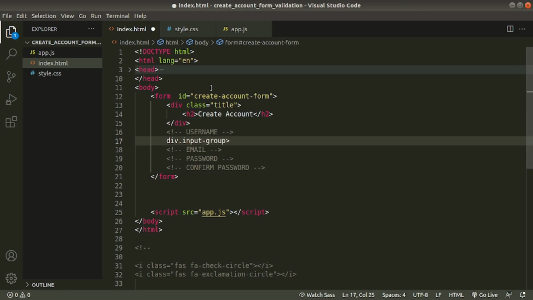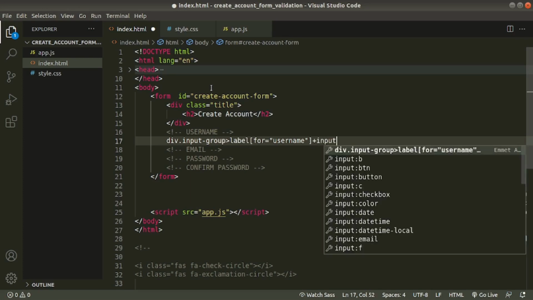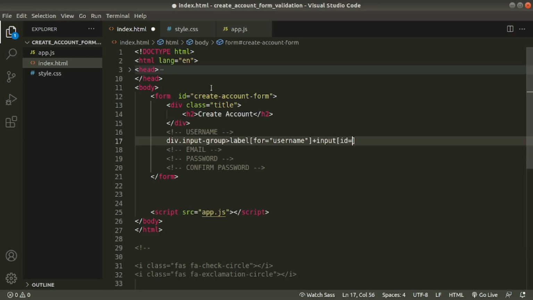Inside this container we'll have a label. It has a for attribute. Later an input field with ID username and placeholder name, and name attribute.